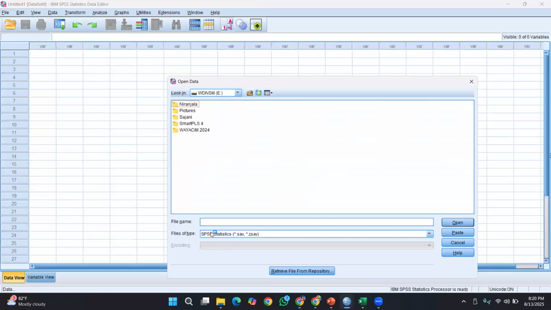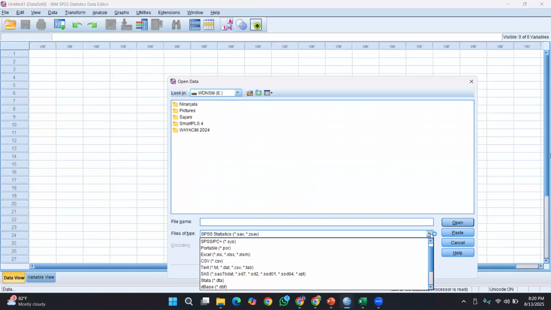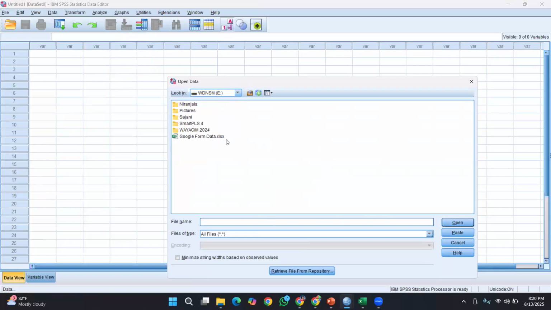And here, if you have not selected all files, it may not be visible to you. If the all files option is not there, you can select the Excel, because the file has the Excel extension. Otherwise SPSS by default shows only SPSS files and folders, right?